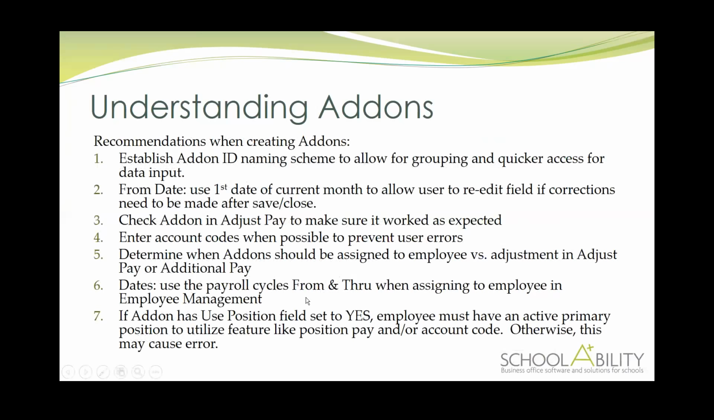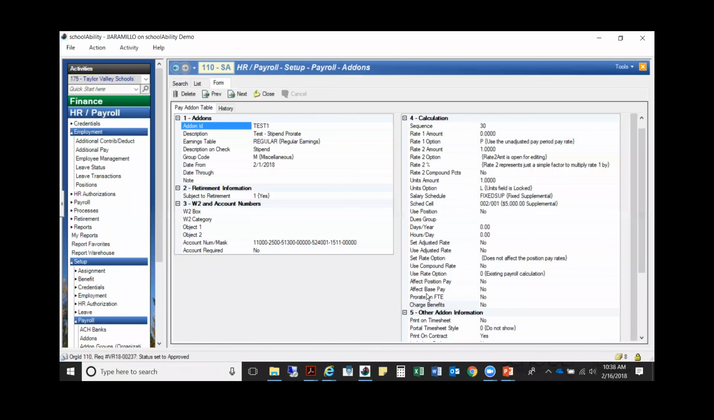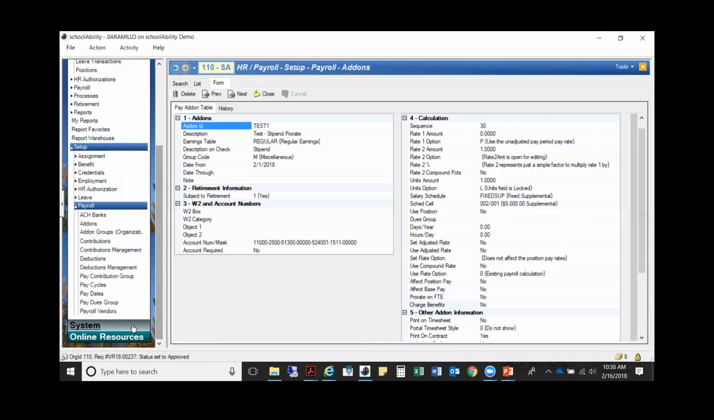When you're entering dates, when assigning it to the employee, you want to make sure that you're referring back to the payroll cycles from and through date. That way, the system will include it within the payroll that the user needs it to be included in. And what that means is, in payroll cycles,